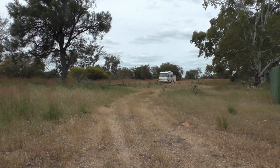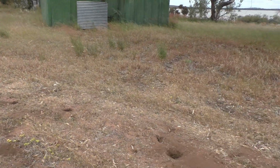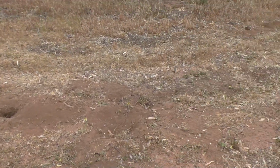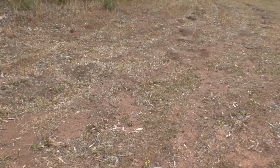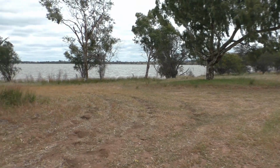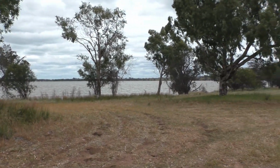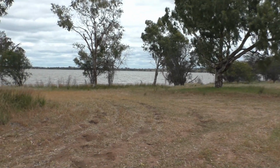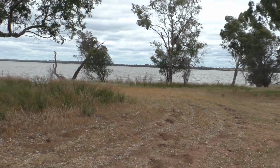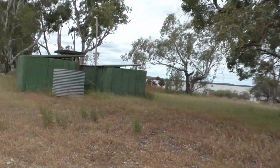And that's where we're parked up, and there's a bit of a track that comes around here. Obviously a few bunnies in the area. Lots of little digs, and can come round, so it's easy enough to turn here, and the ground is hard enough. I don't think we'll sink into that. It seems pretty solid, so we might just set up here. We'll see what we think, but